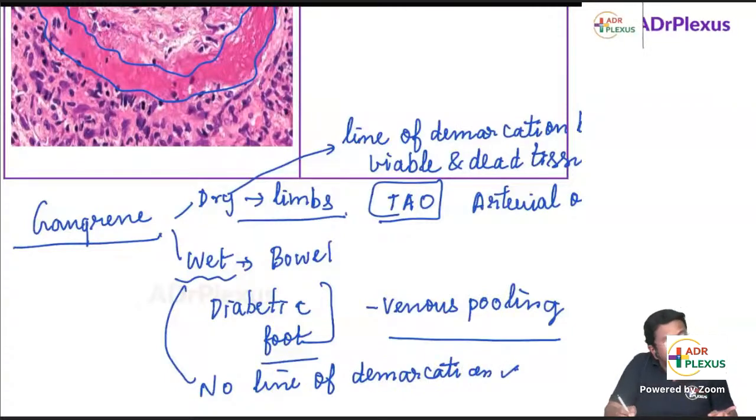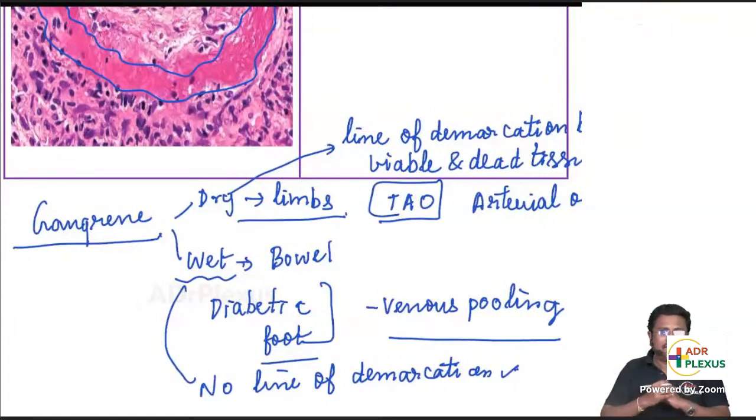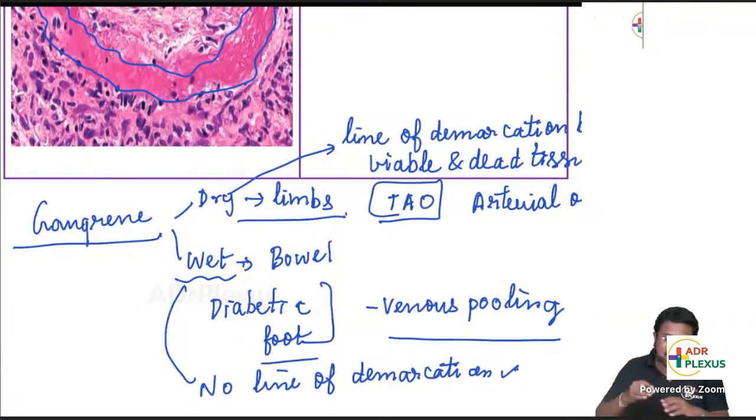Yes, very good. Bed sores, that moist area, keep it in mind. Where there is venous pooling and a moist area, you will get wet gangrene. Then gas gangrene, especially in a road traffic accident, when there is contamination of the wound by bacteria, especially Clostridium, you can get gas gangrene along the muscle plane. So this is a quick view of gangrene.